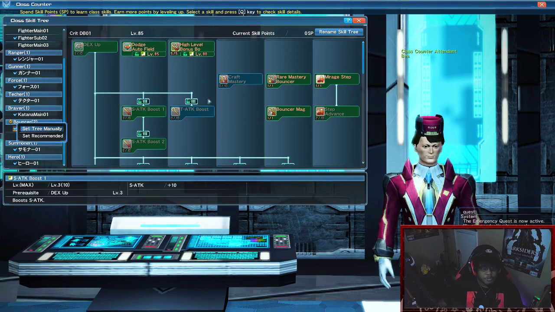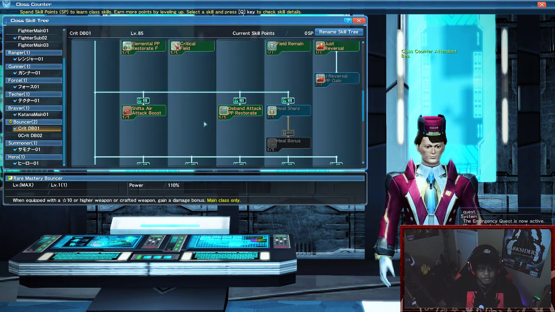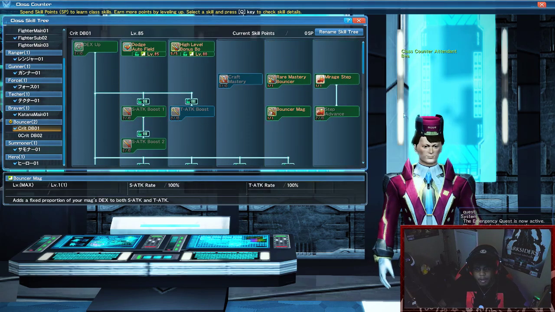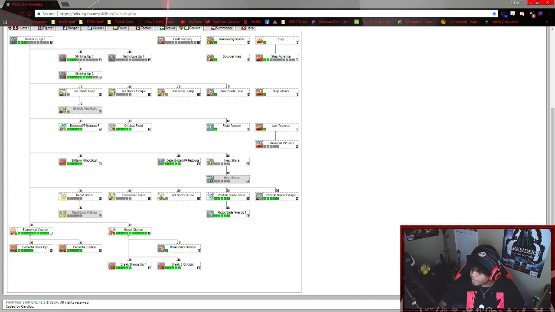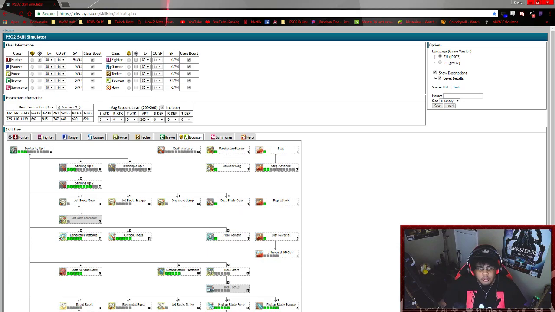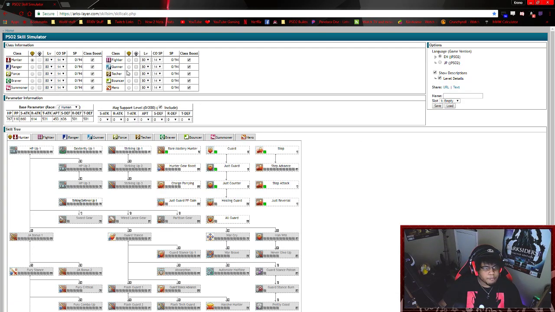But let's pop over to the tree, and actually, instead of showing you guys here, I think I did this last time where I showed you guys my tree here, and I really didn't like it. I'm actually going to go ahead and pull up the skill sim for you guys, and hang on one second, pop that up, and I will show it to you here. I'm going to reset this and kind of go through it with you guys together really quick. And I will link this in the description as well once it's finished. So it is Bouncer main spec, Hunter sub,